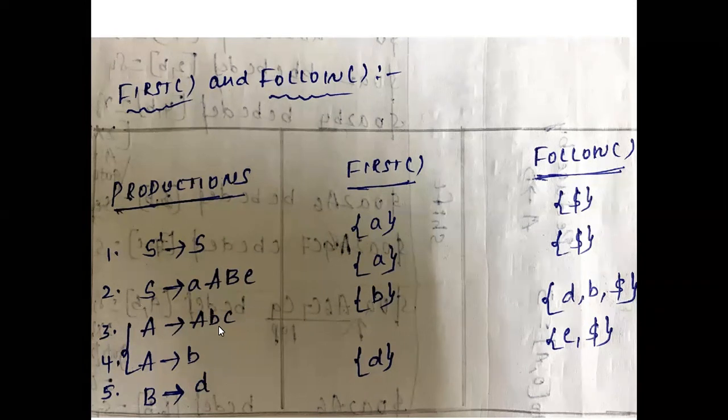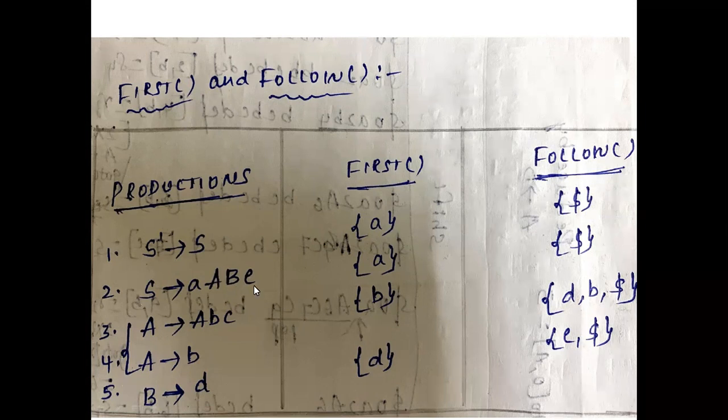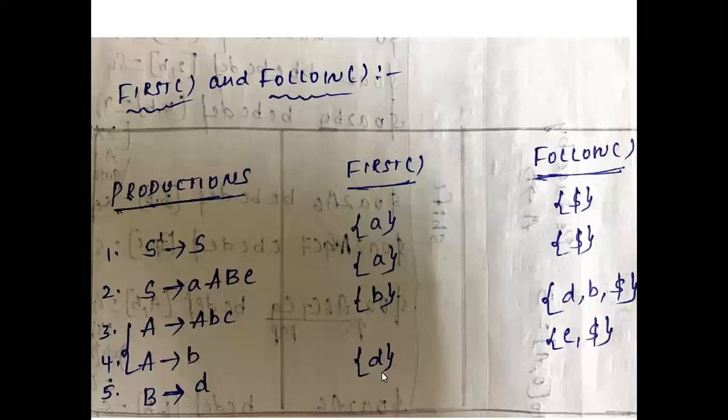And now see in this rule, again this is an B. And what is beta? Beta is directly a terminal, small b, right? What it means is first of beta union first of small b. Here first of beta means first of capital B union first of small b. And if we are having the terminal, then we are directly writing the terminal as an output. And here first of B, what is first of B? It is D, right? The first of B is D. And D union,